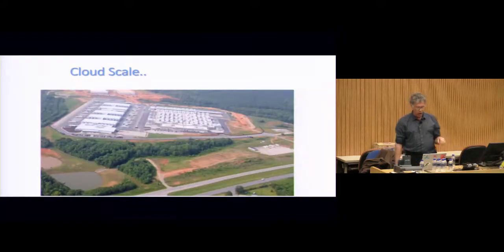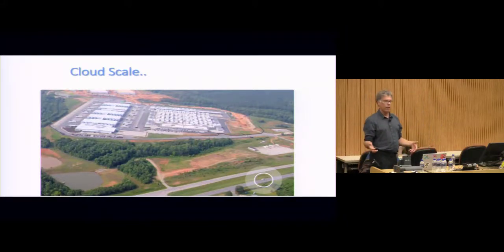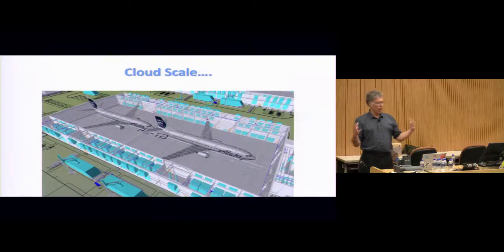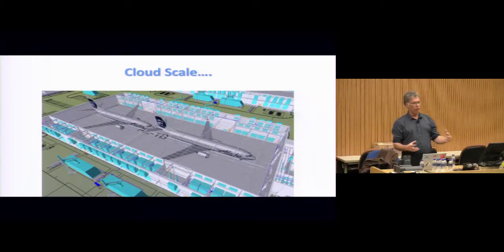And what does a data center look like? That's the view from the sky, and that little thing in the lower right-hand corner, that's a car. So data centers are a huge capital investment. Remember how I said before that when we were just producing software, the major cost was people's salary. But now billions and billions of dollars are being spent. You have to acquire the real estate, the power, you have to build the thing, you have to operate it. And to give you an idea of what one of those buildings on the left looks like, you can fit 2 737s in it. So this is a huge supercomputer, and this is just one data center. Remember, there are going to be 54 regions, and each region will have several data centers.